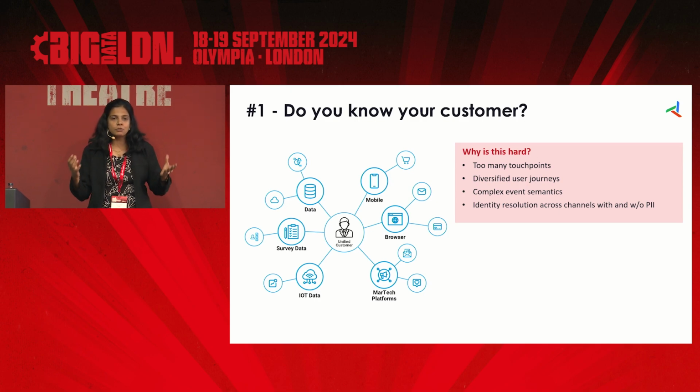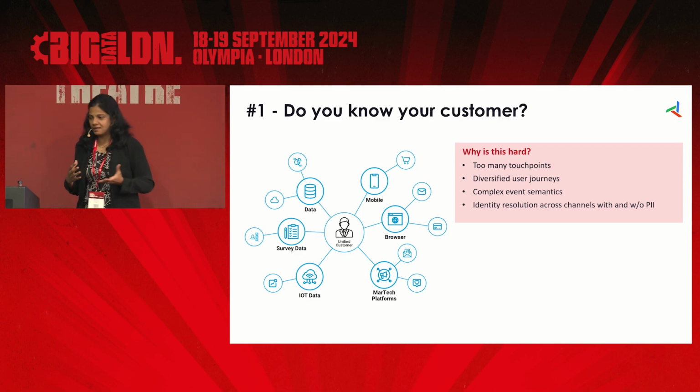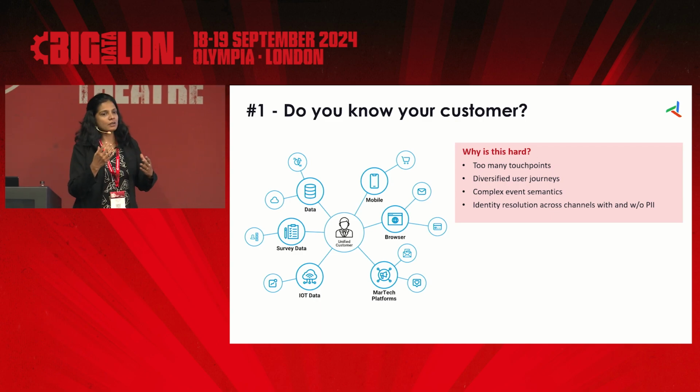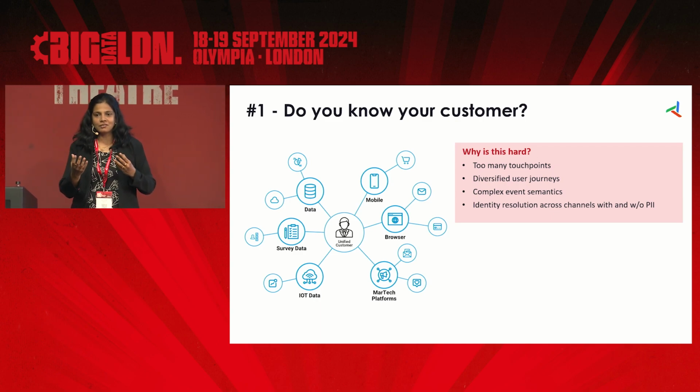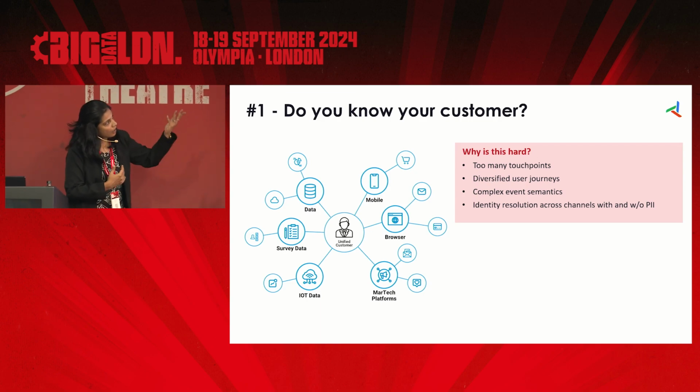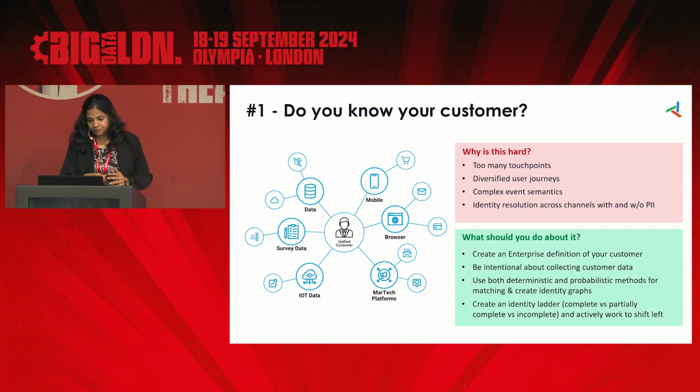And then for you to be able to marry that with everything that the customer has done before that point and everything that the customer is doing after that point is no easy task, right? Which is why knowing your customer is hard. And then your event semantics, what was the trigger and what was the reaction, right? Again, it's not very easy to identify those, and unless you know what triggered what, how will you replicate your successes, right? So that's another reason. We talked about this with, without PII.